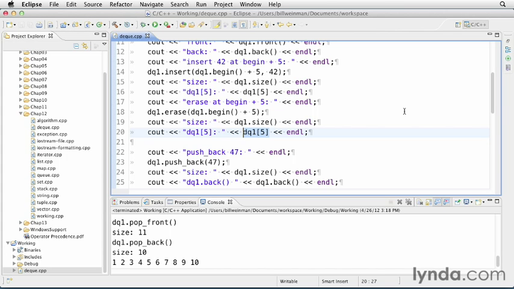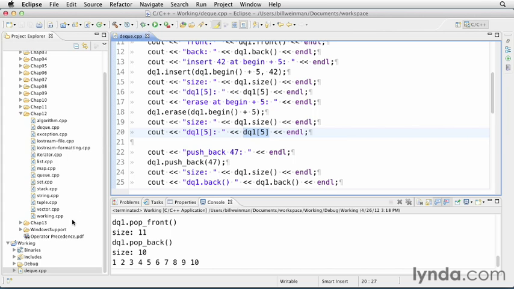What it's good at is rapidly pushing and popping from either end. That's what it's designed for, and that's why it's the default container for stacks and queues. So even though it has all the functionality of a vector, it's most often used as the base container for a stack or a queue. So the deque container is optimized as a double-ended queue. Even though it has full random access iterator capabilities, it's most often used as the default container for stacks and